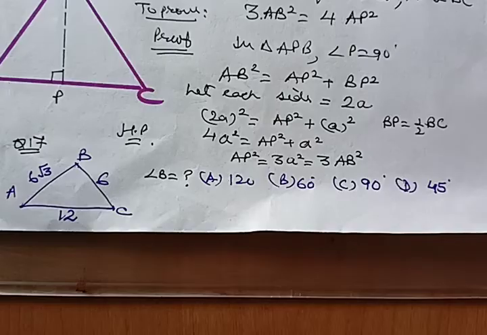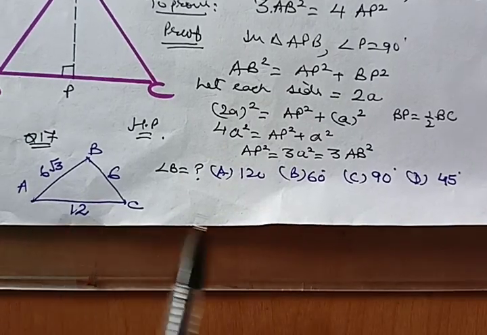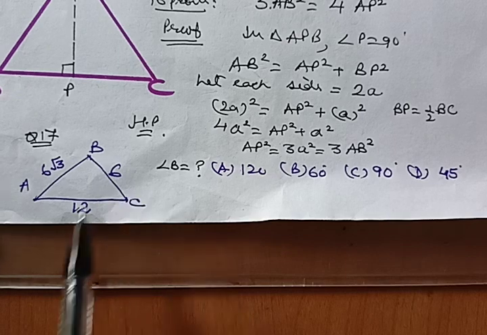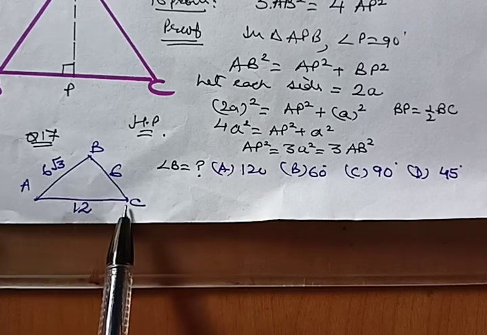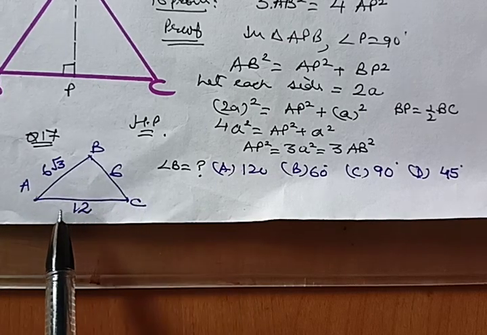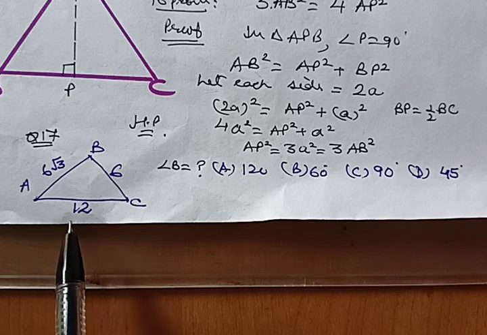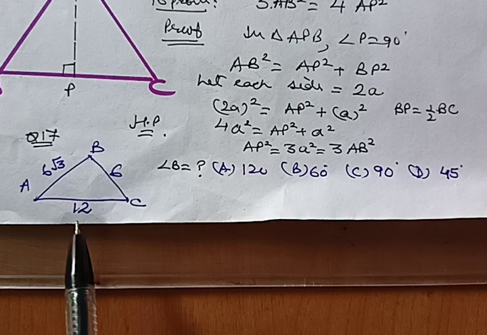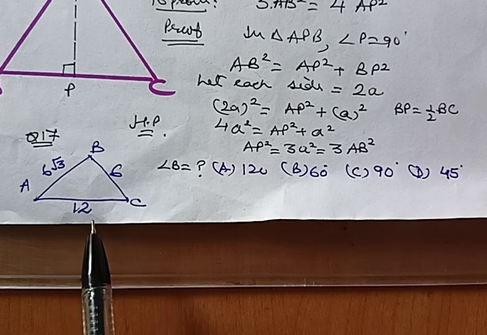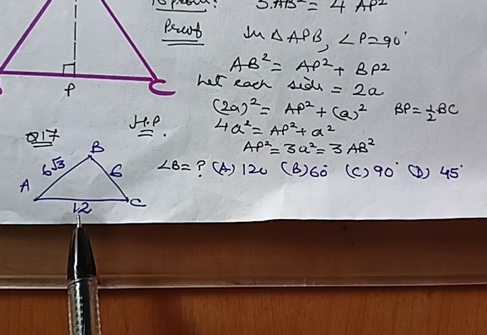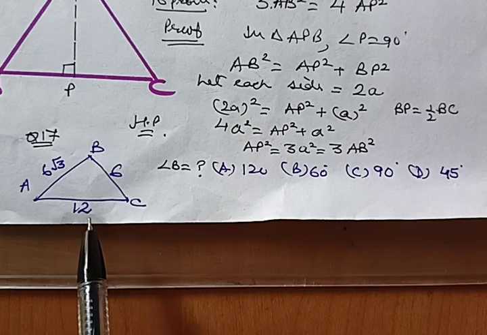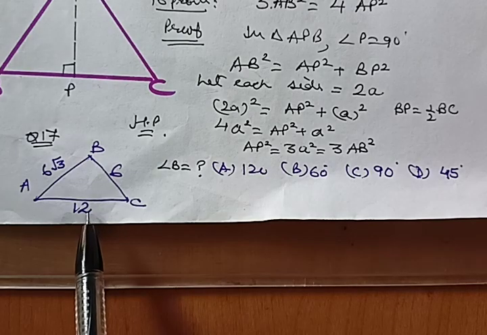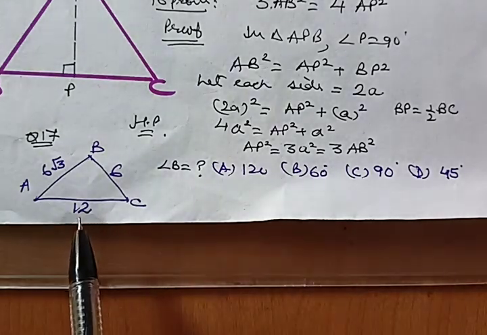Let's take up question number 17, which is the last question for this worksheet. We are given the 3 sides of a triangle ABC and we are supposed to find what is angle B. Now see, though in this you can even adopt a shortcut in case you are running short of time, that whenever 3 sides are given, either it has to be 90-degree angle or we are not able to calculate it. Yes, if 2 sides are given, then you can use some trigonometry or something.